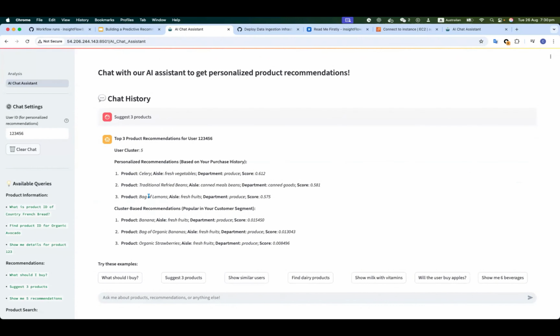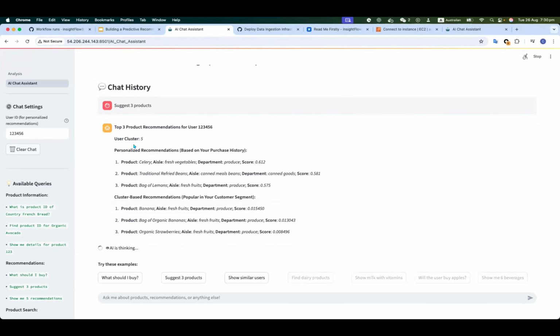The first part here is a personalized recommendation. It says that the user is in cluster 5. This is coming from the k-means segmentation. Using k-means, we can find the popular products in this cluster, and we can also find some similar users in this cluster.